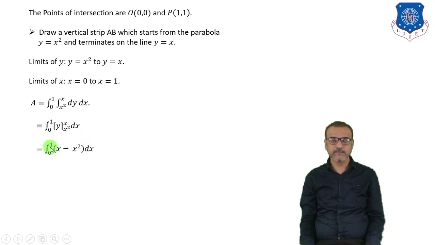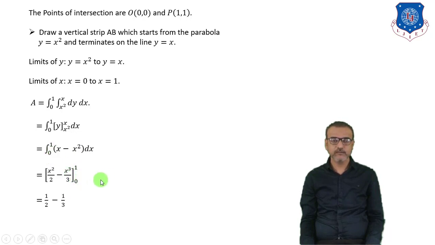Now this is equal to the integration from 0 to 1. For the upper limit x, replacing y by x, we have x. Then after the minus sign, replacing y by x square, that is x square, and this dx will be as it is. Now we will integrate x minus x square with respect to x. Integration of x raised to 1 is x square by 2. Then after the minus sign, integration of x square is x cube by 3, and the limit is from 0 to